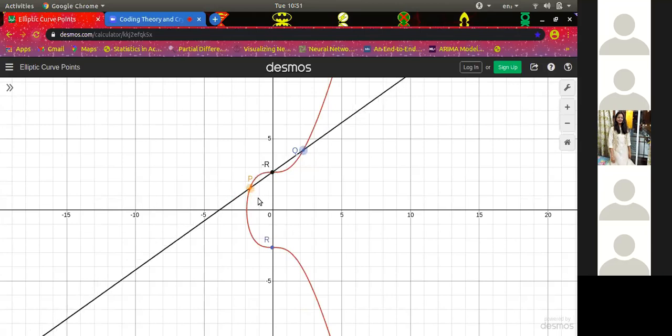So this minus R acts as the identity over here. The main intuition is that when we get an R over there, what we have to do is take the negative part of the y. If I'm getting a point R as some point (x, y), then the inverse will be (x, minus y). So that's how the inverse is defined basically. And even the associative property is satisfied.